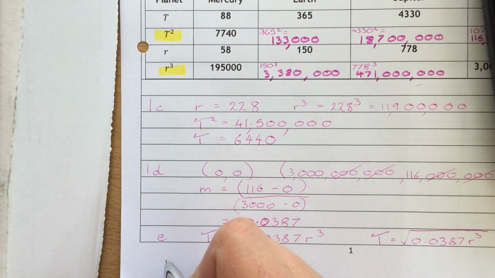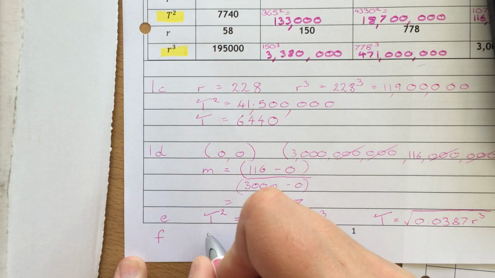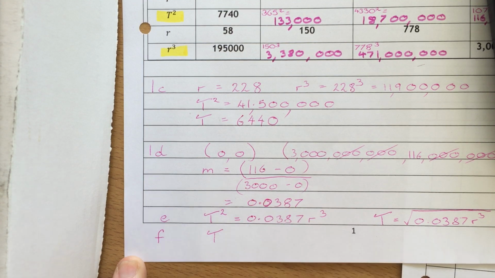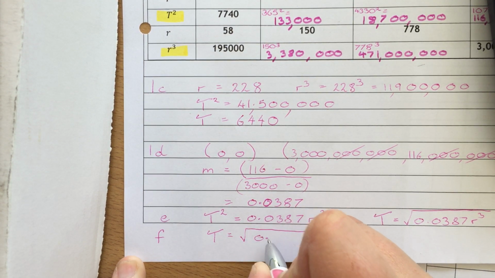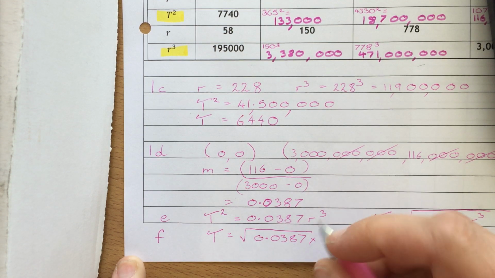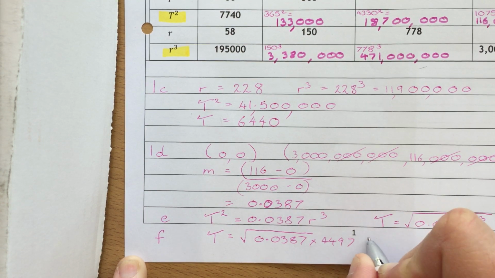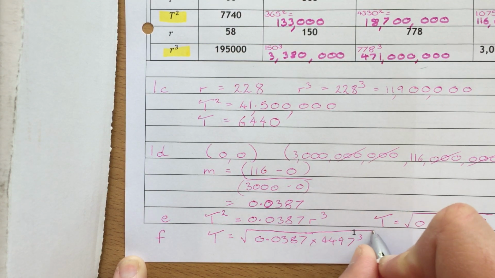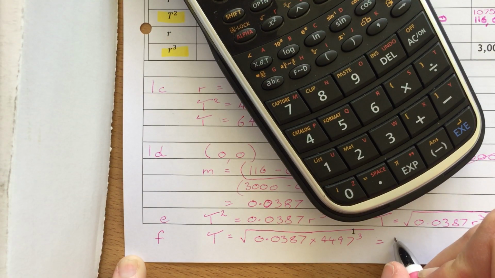So part F. In an actual exam, they'll give you enough lines so that you can actually fit everything on. And in fairness, they normally give you far more lines than you can actually want. So 4, 4, 9, 7 to the power of 3. And that equals 5,